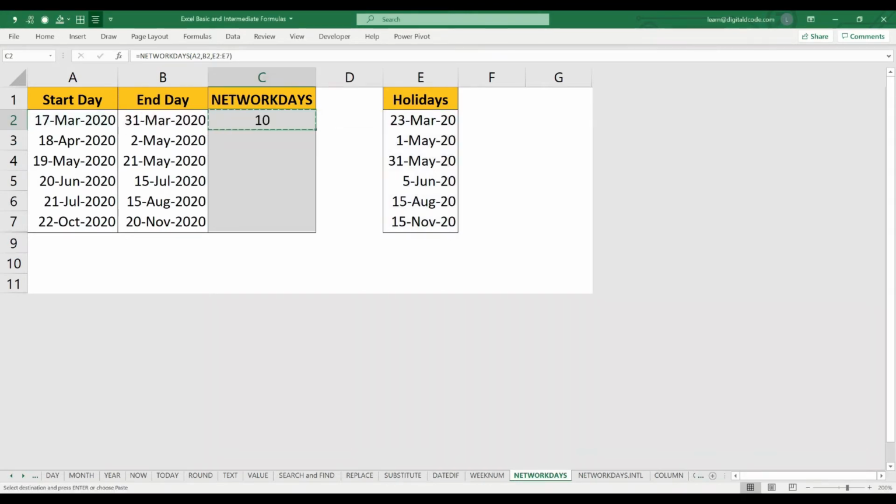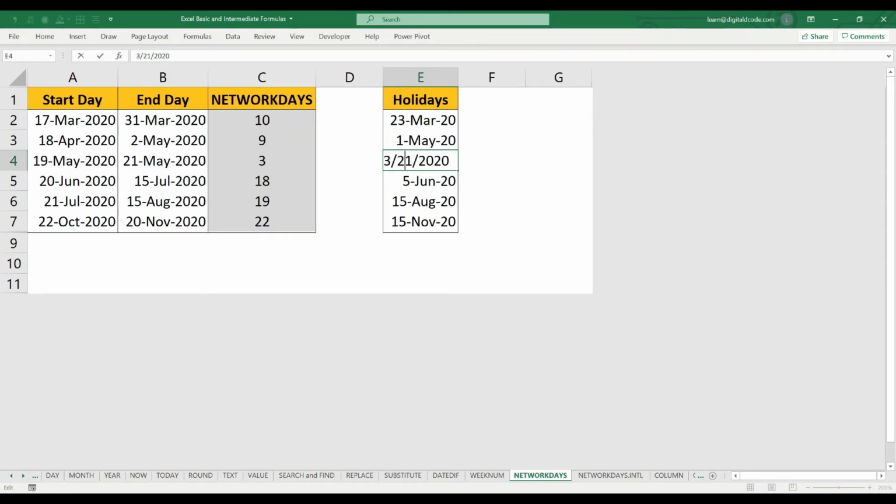Let me copy paste this to other cells. So between these 2 dates I have 3 working days, from 19th to 21st. So what I'll do here is, instead of 31st March, I'll make it 21st March.